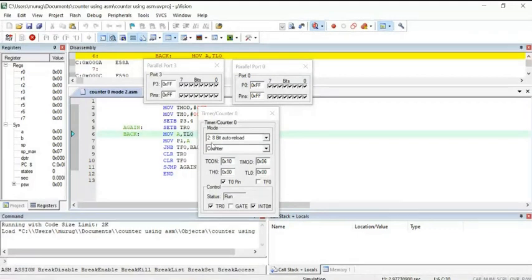Okay. So 8-bit auto reload mode, that we have written already. Initially, the value we loaded in TH0 is by default loaded into TL0. Now P3.4, P3: 0, 1, 2, 3, 4, this bit. Whenever this particular bit receives a clock pulse, meaning whenever the external event occurs, one pulse will be generated. Say for example,